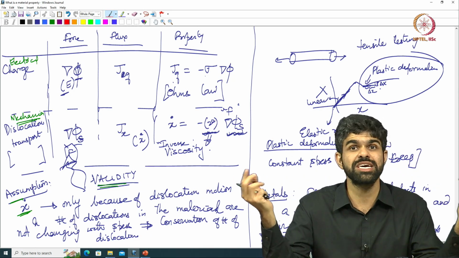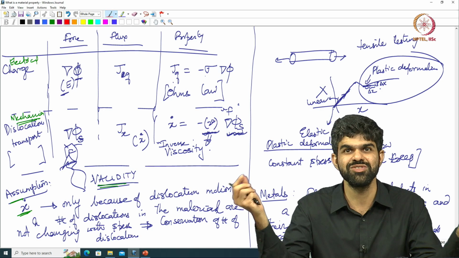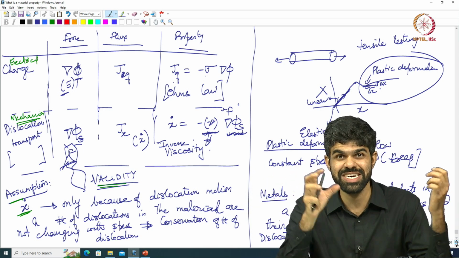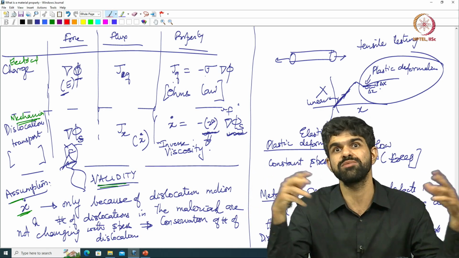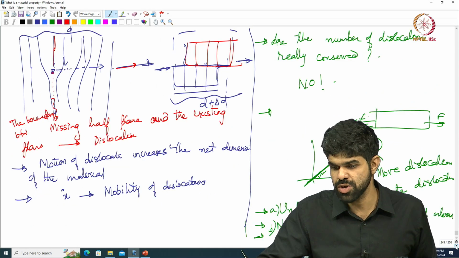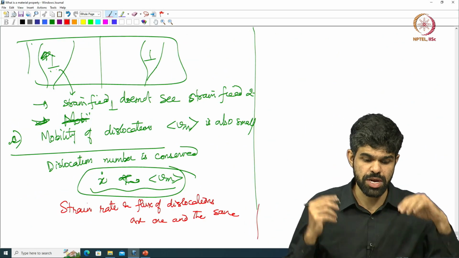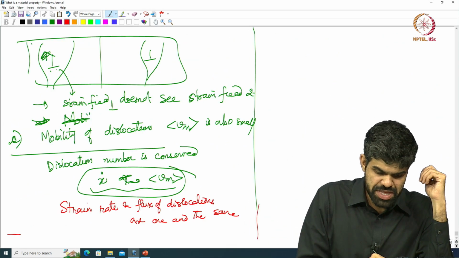Dislocations are like entropy: they can be generated, and they can also be destroyed. Entropy is typically generated, but dislocations can be generated and destroyed, so there is always a generation term for dislocations. Okay, with that caveat,